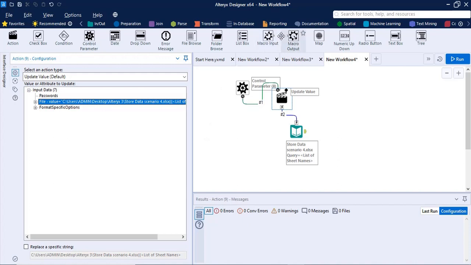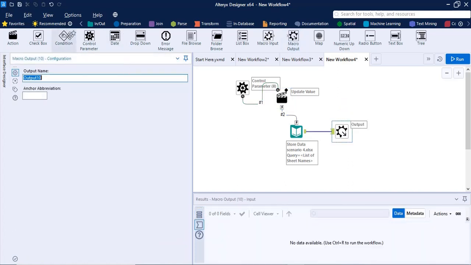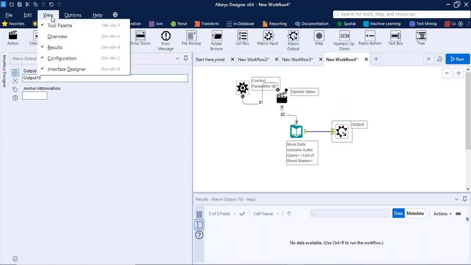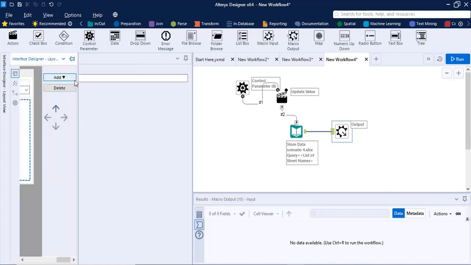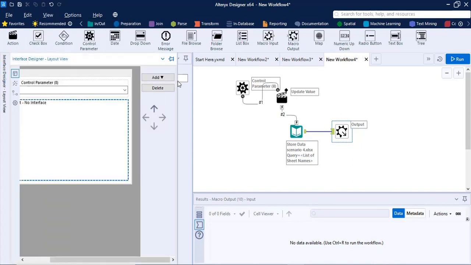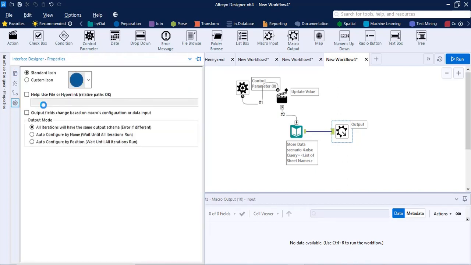After that we need to create a macro output. In this macro output we need to configure the interface designer. In the interface designer we configure the current macro.